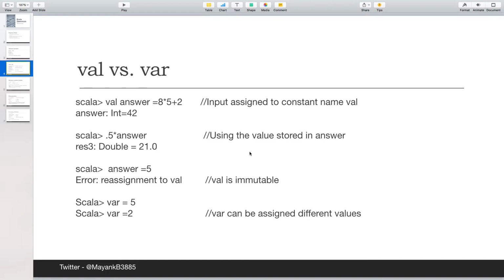As you can see over here, there is some value stored in answer, which is 42, and when you try to reassign some other value, it will show you an error. With a var kind of variable, if you store some value, you can actually change it later, and it doesn't show you any error. So that's the main difference between val and var. In var you can also store strings, no problem.